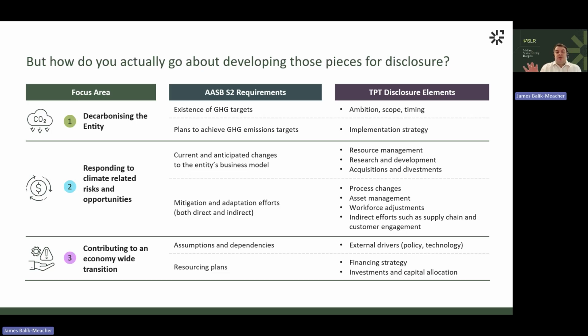And part of that is through those broader resourcing plans. But a really important part of this is the assumptions and the dependencies piece. So thinking about what is outside of your direct control and what needs to be true, both in terms of policy environments or legislative change, or in terms of new and evolving technology to enable the plan and the goals to be realized.